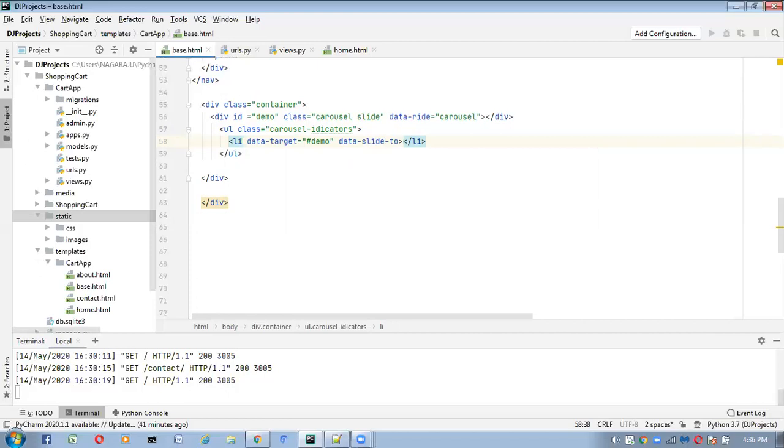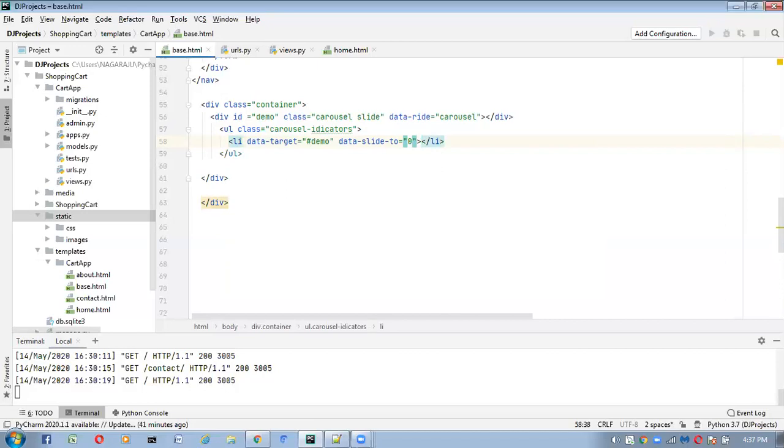On the bottom of the slideshow, we are getting some dots. This data-slide-to attribute indicates which slide to go to when clicking on the specific dot. So here, I'm taking 0.